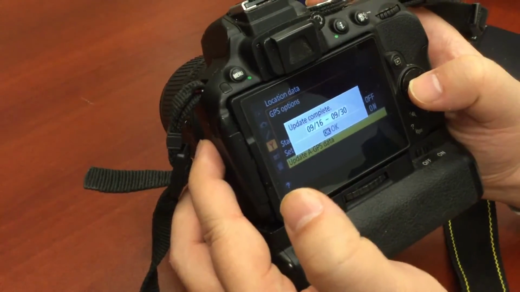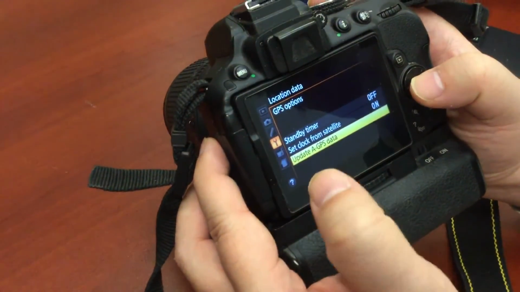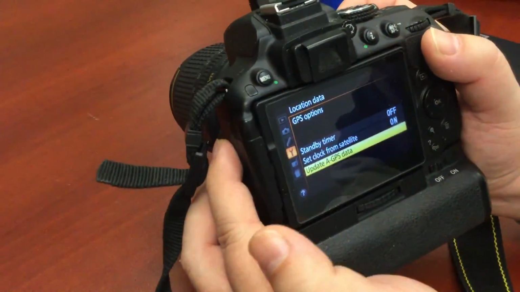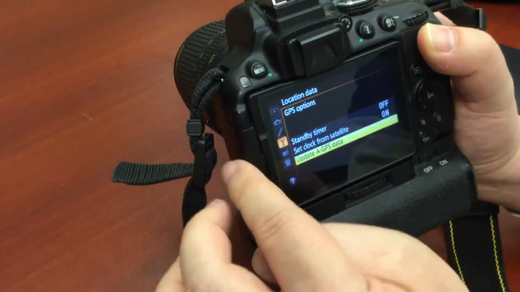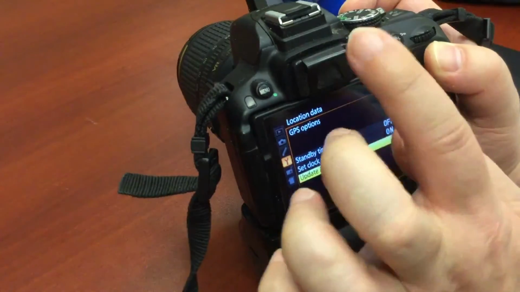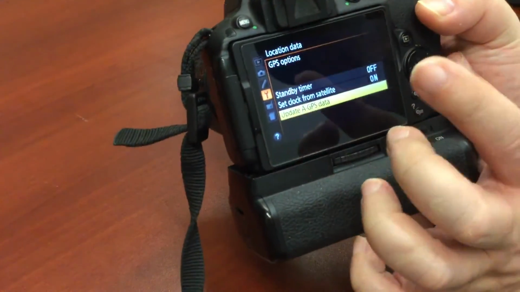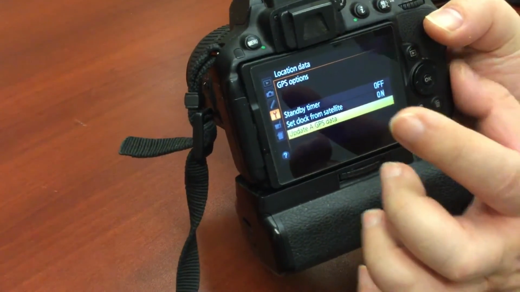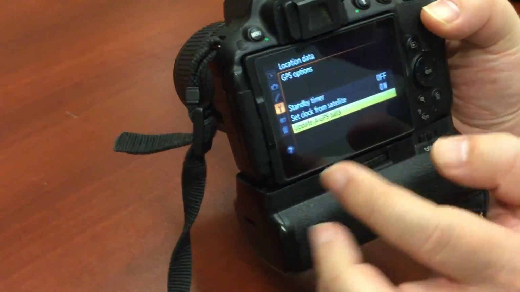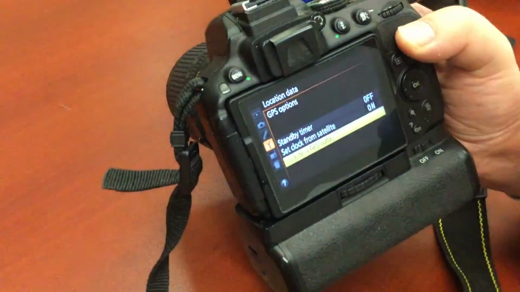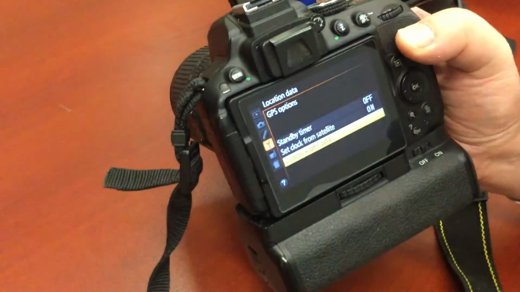And the file that's downloaded is approximately 30 days, but the camera itself only updates the 7 days of data onto the camera itself. After 7 days, the data is still on the card. 30 days worth of data is still on the card. You can still update the data again, but after 30 days from when you downloaded the file, you have to